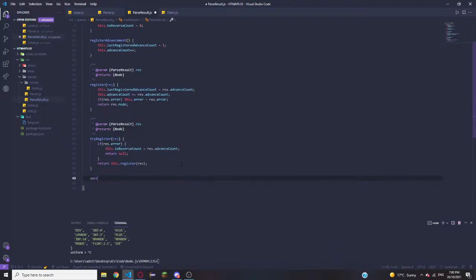Now we're going to have two more, which is called success, which is going to take in a node. It's going to set our node to that node, returning this, and then we're going to have a failure, which is going to take in an error. If we do not already have an error, or our advance count equals 0,